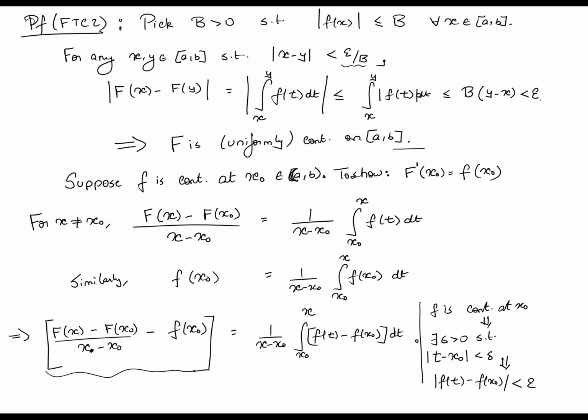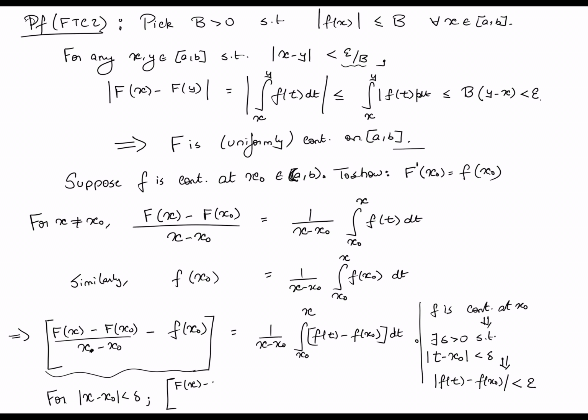Right? Now you just have to apply this to the previous result. So for x and x naught which are less than delta distance apart, it follows that if you look at this difference,